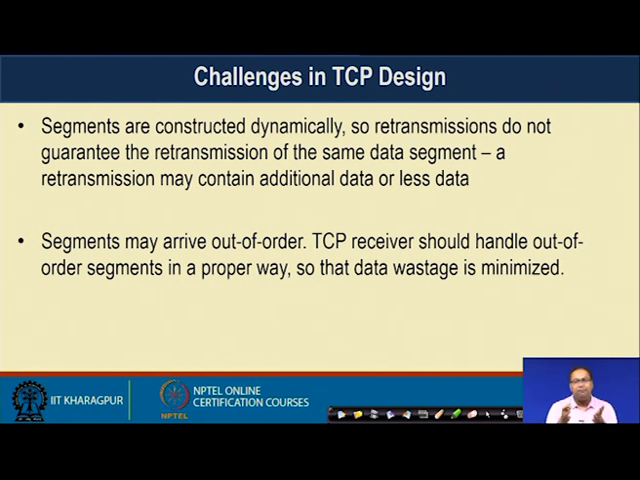And sometimes these segments may be out of order, because TCP does not determine the path, the network layer is determining the path. And it may happen that for one packet coming from the application, the network layer decides one path, and for another packet it decides another path because of load balancing or many other mechanisms in the routing protocol. Because of that, you may receive the segments out of order at TCP. So, the TCP receiver should handle the out of order segments in a proper way, so that data wastage